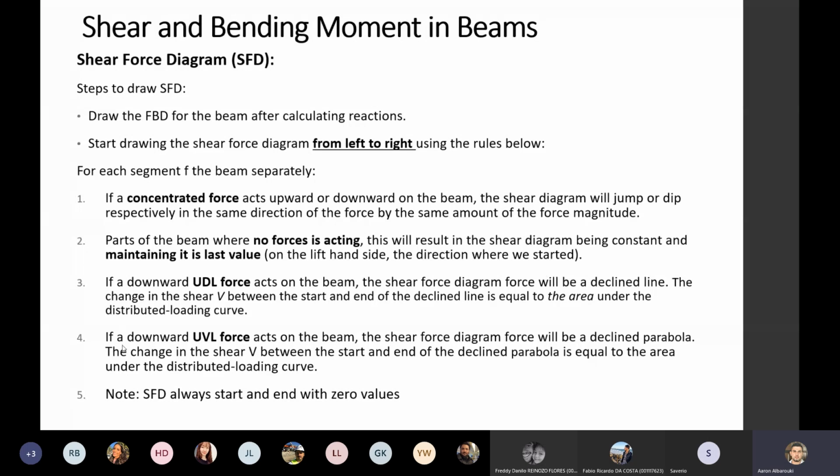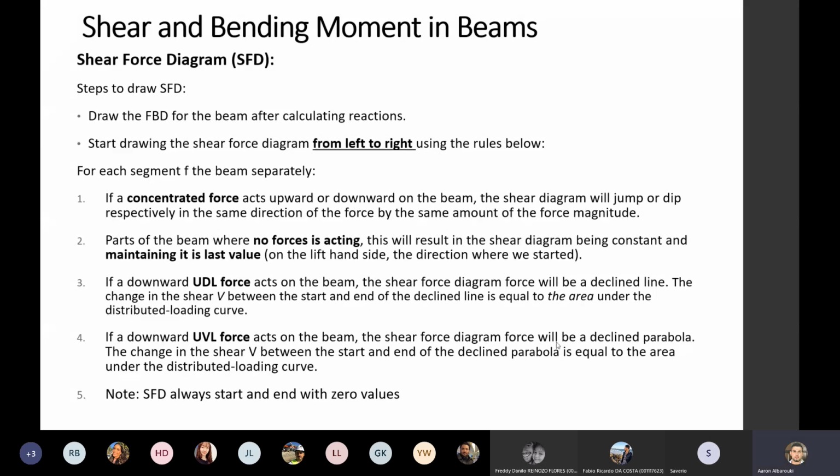If I have a uniformly varying load, do we all know what UVL is? Uniformly varying loads, UVL, the triangle. I'll show you some examples of those today. When it acts on the beam, the shear force diagram